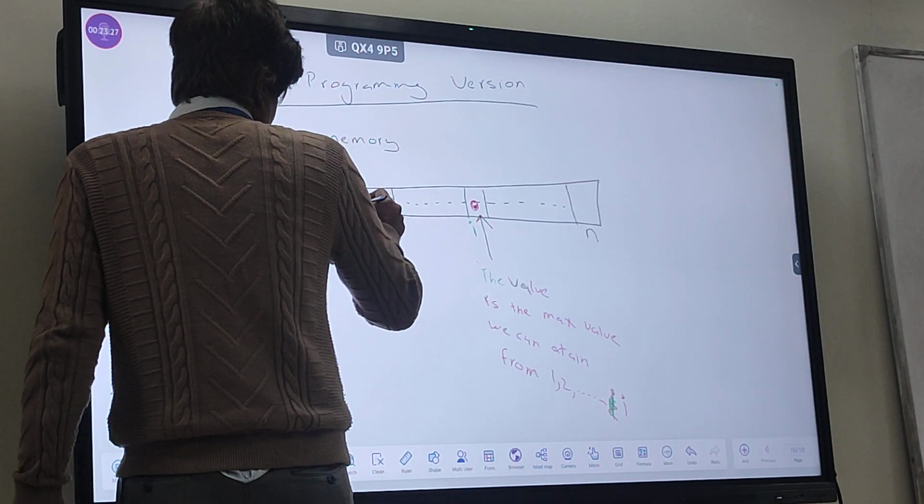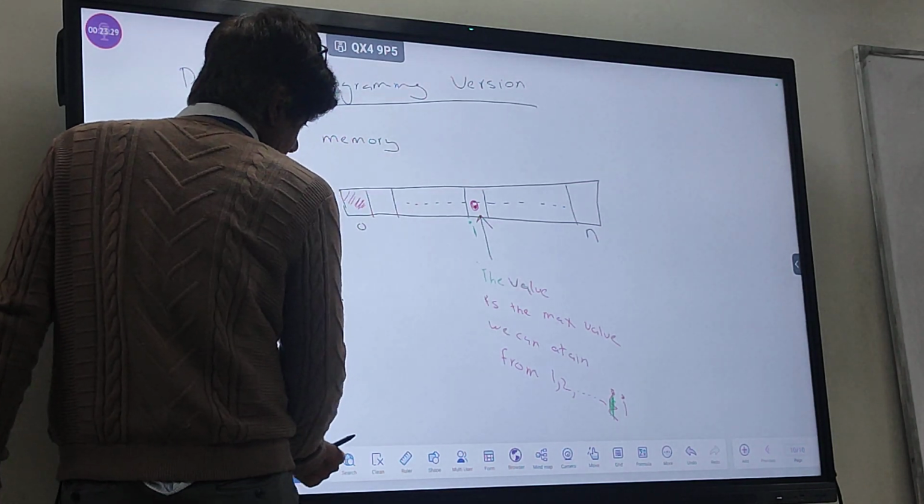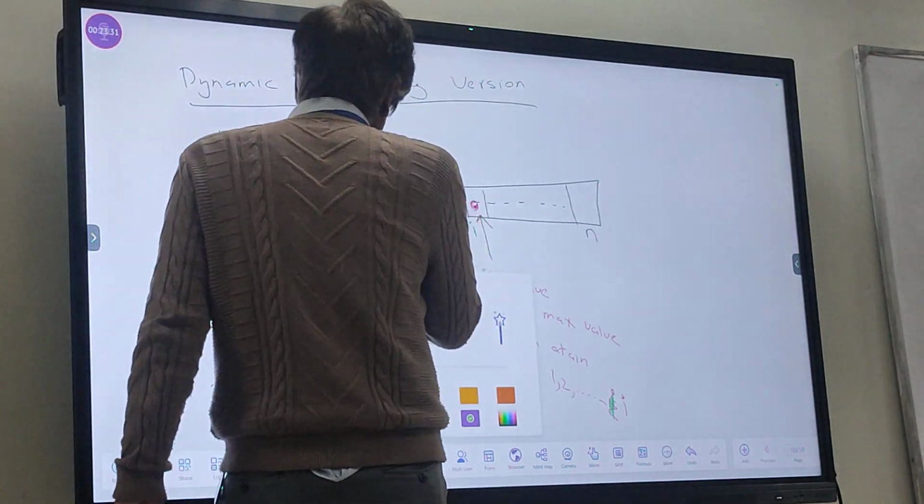This cell is created to indicate the base case.